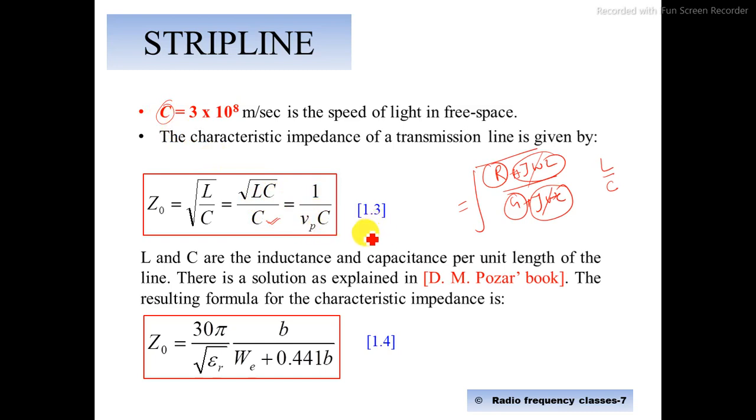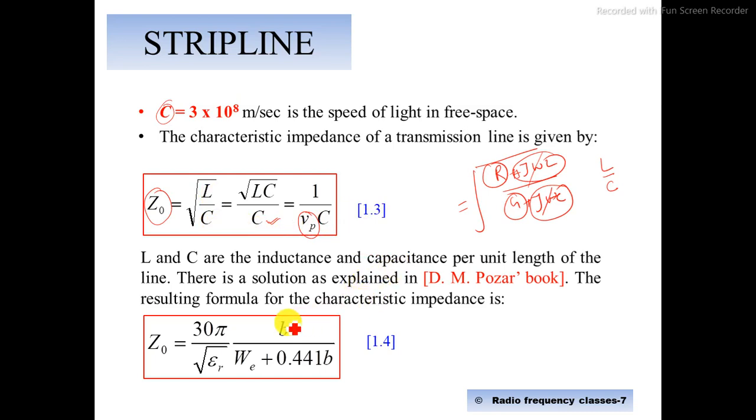Some numericals in the GATE exam can also appear as objective questions while designing the strip line or related to the strip line. If an objective question comes, they will ask, for example, phase velocity is given and Z naught is given, find out the inductance or capacitance, or phase velocity is given so Z naught can be found out. These parameters are defined per unit length. So L will be per unit length and C will also be per unit length. For L, the unit is Henry per meter, and for C, Farad per meter.